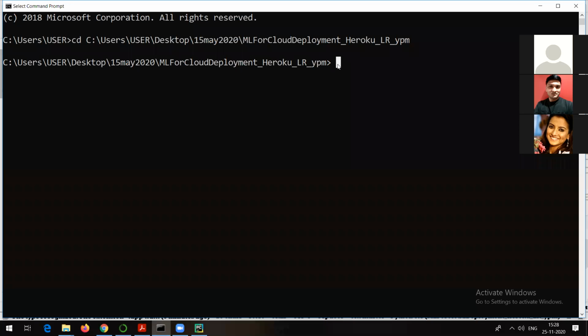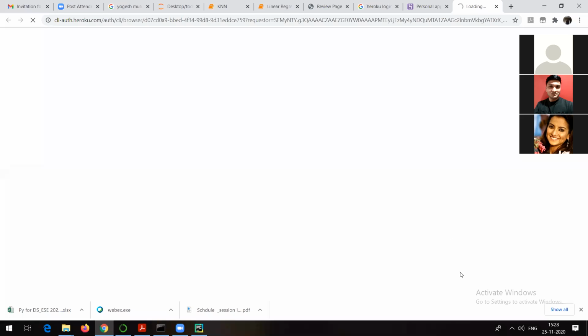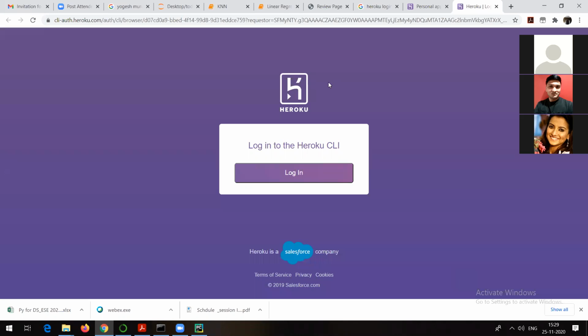Next, the first step to deploy your application onto Heroku Cloud is to log into your Heroku account. The command to log into your Heroku account is heroku login. There are only 6 commands, not difficult. Just type heroku login and press enter. It will take me to the browser, and it will show me a login button. Once again, press enter or any other key. Now it will take me to the browser like this, and it will ask me to click on the login button like this. Right? So I will click on login.